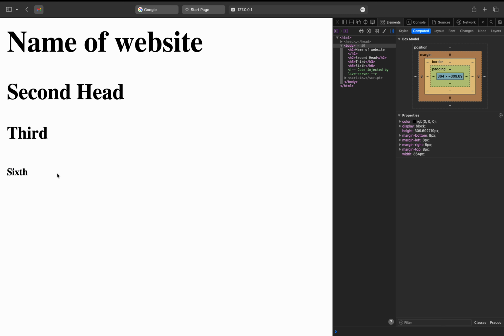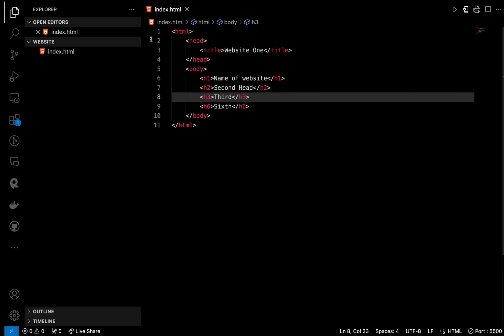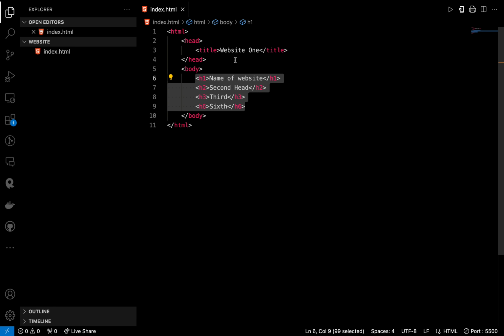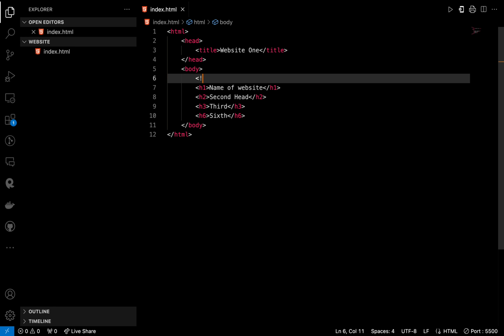And you're supposed to use it like, for example, the name of your website will be h1, and your website can have multiple parts, those will be h2, and those parts can have sub parts, which will be h3. So you can use it like that. Now these are headings. Let's just add a comment that these are types of headings. Okay,